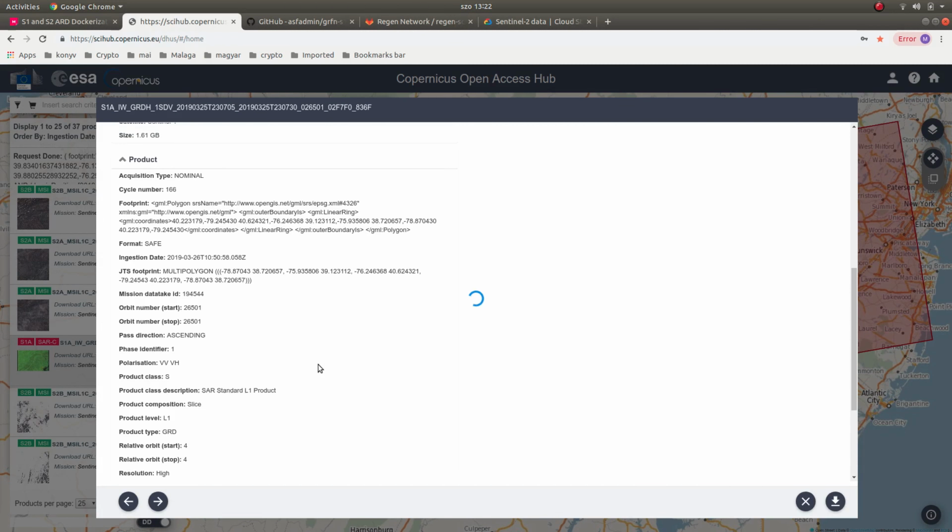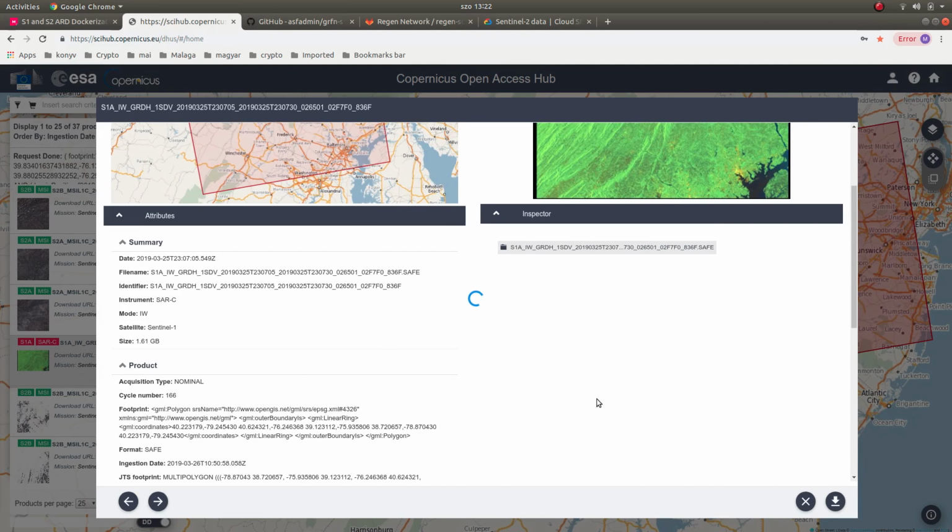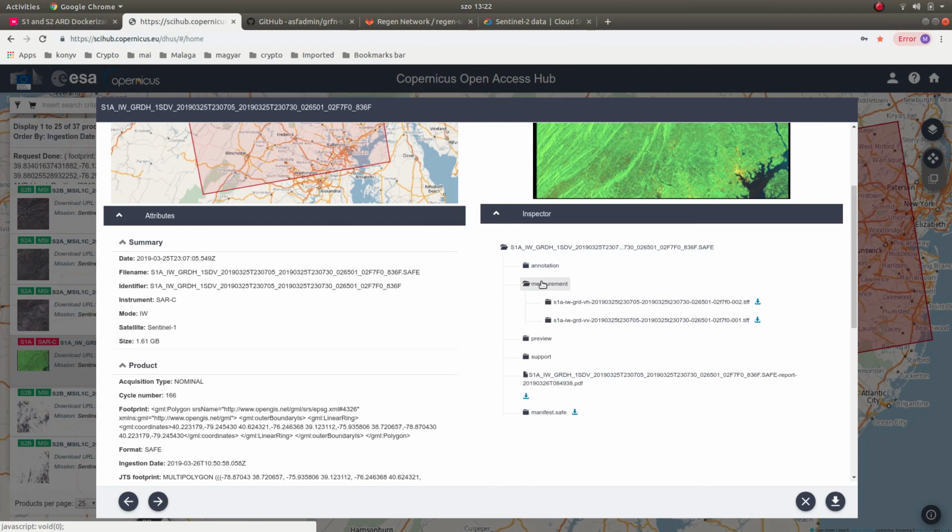these data products contain a lot more than just the image itself. This is the structure of it: subfolders, PDF, metadata file. This is the Sentinel-1 data product, measurements under the measurement folder, and this is the raw dataset, which needs to be preprocessed. So these are the VH and VV, vertical-horizontal and vertical-vertical,